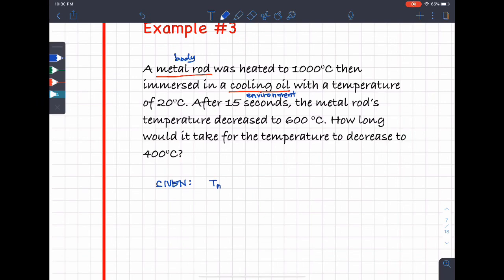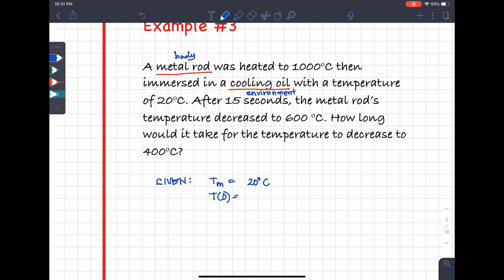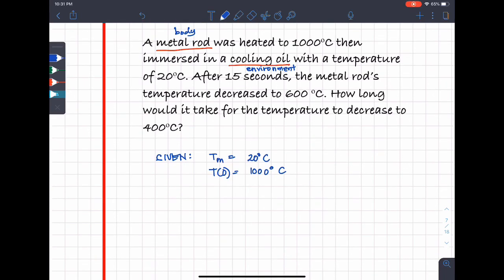The temperature of the environment, which is the cooling oil, is 20 degrees Celsius. And the temperature of the body, initially, is 1000 degrees Celsius. And then after 15 seconds, where the metal rod was immersed into the cooling oil, that is 15 seconds,